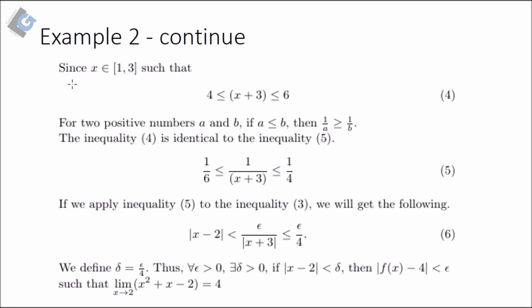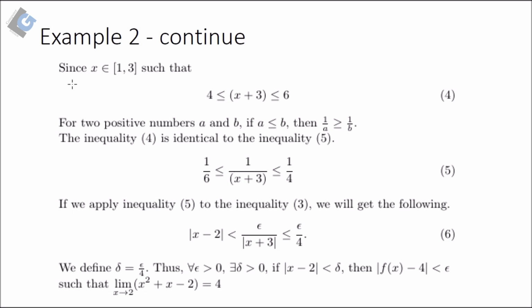We apply this property, then inequality 4 is identical to the following inequality, which means 1 divided by 6 is less than or equal to 1 divided by x plus 3, and less than or equal to 1 divided by 4. So if we apply